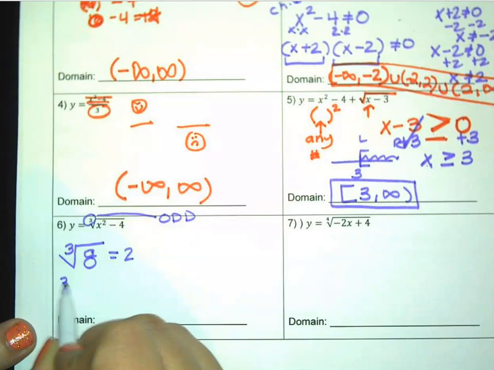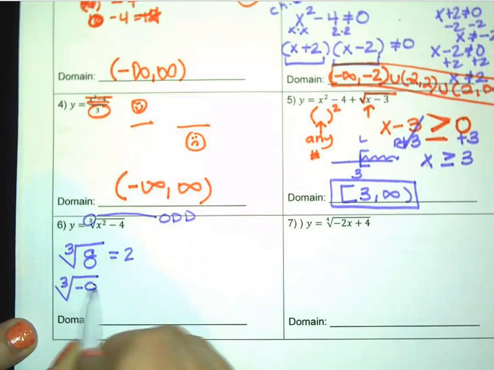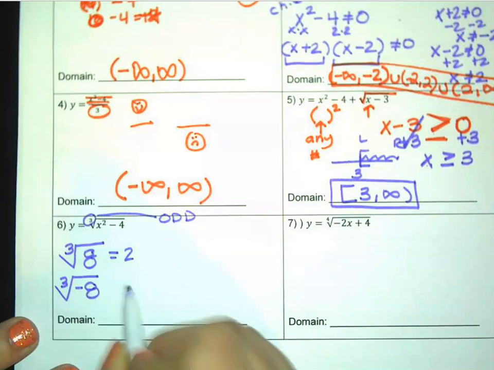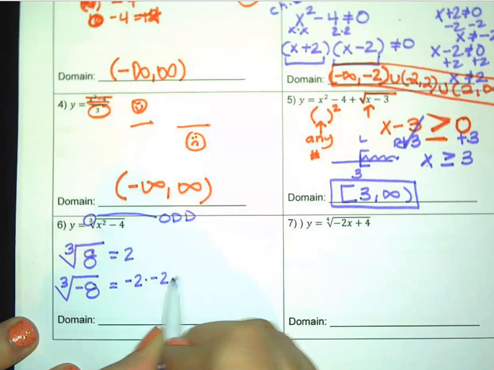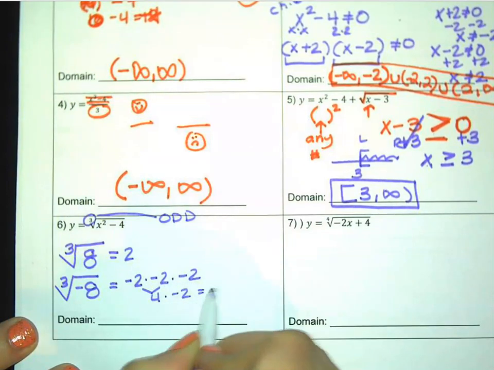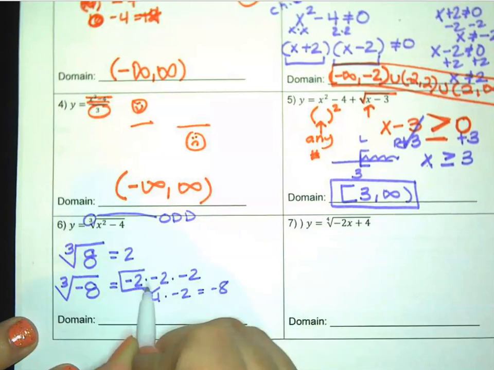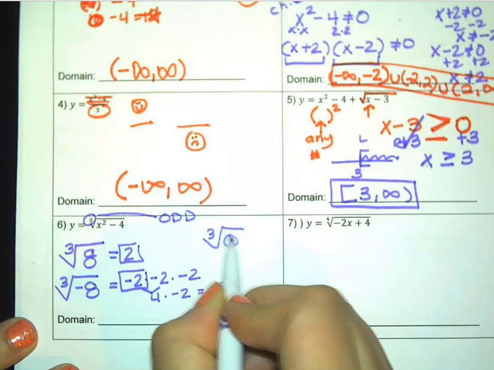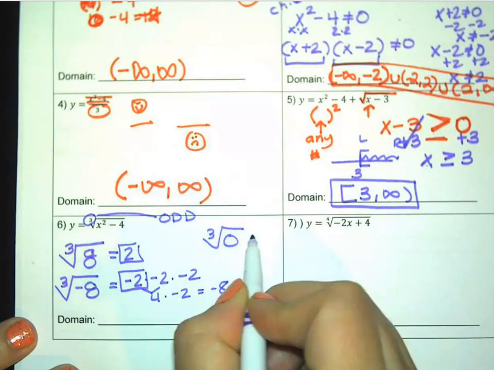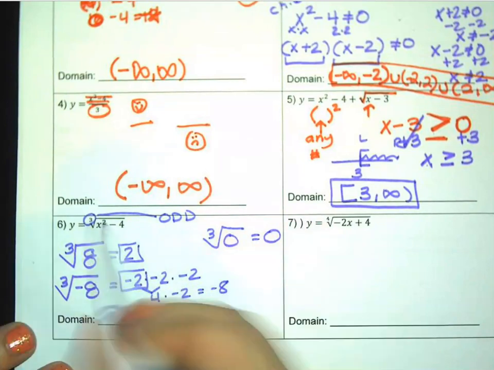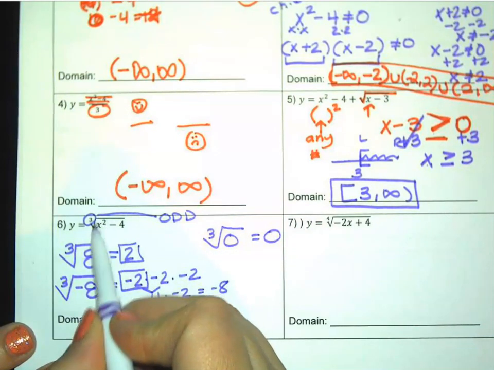We could also have negative numbers inside when this is cubed, because this is saying what times itself 3 times is -8. And -2 times -2 times -2 gets us -8. So the answer to this is -2. We could have 0 inside, because what times itself 3 times is 0. So positives would work, negatives would work. So this X right here can be any number,